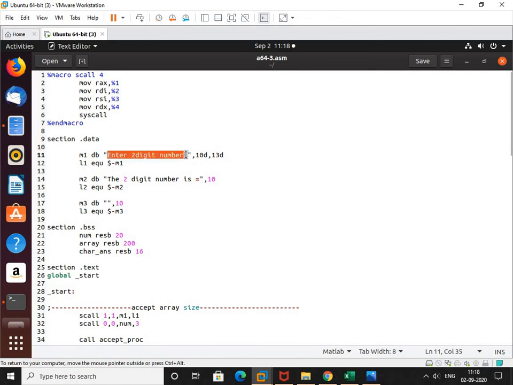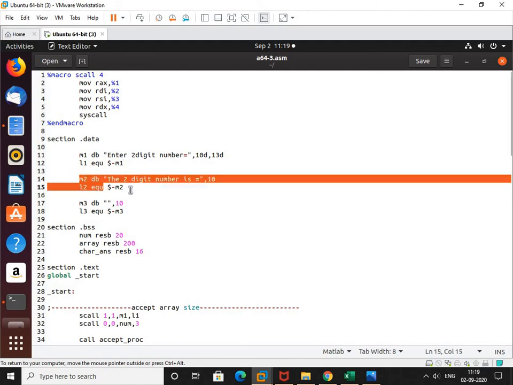Now I want to calculate the length of this string which has been stored in M1. So that calculated length I will be storing into one variable known as L1. I will be using the assembler directive equ. Then I will be calculating the length by $ minus M1. So what is this dollar? Dollar is the end of the string and M1 is the starting address of the string.